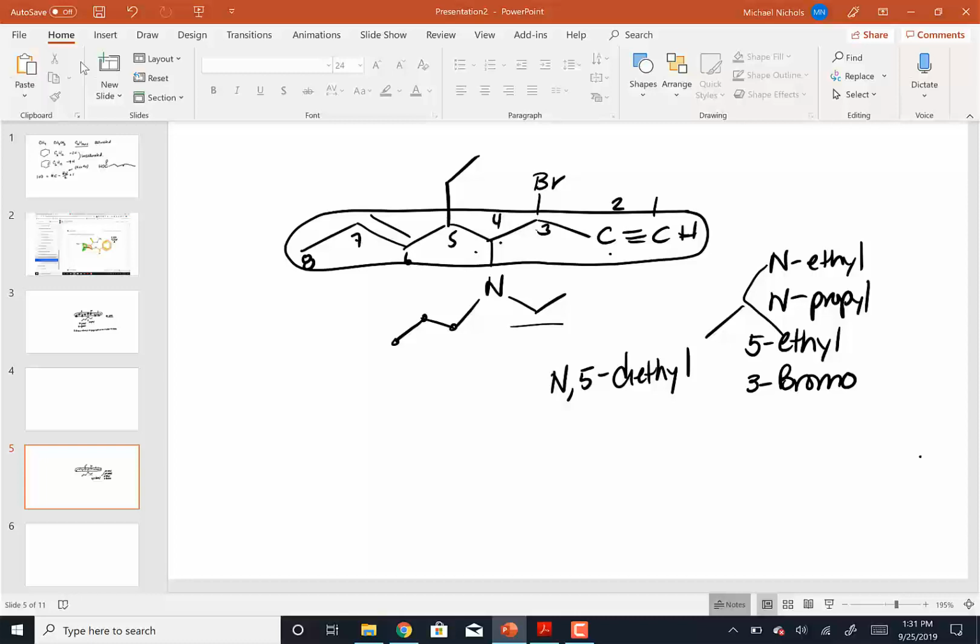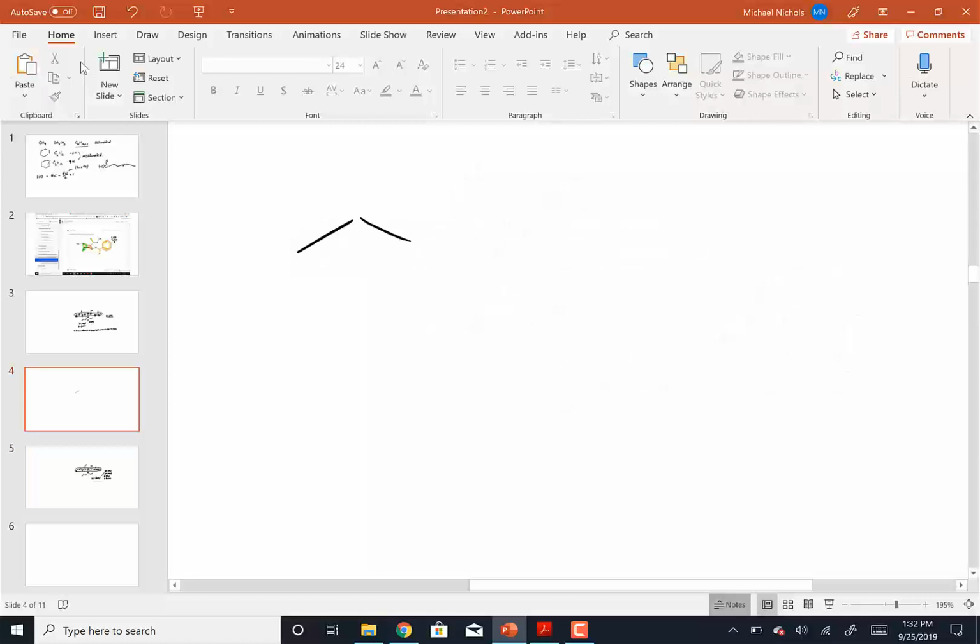We can try another one. Let's deal with one issue here with amines. What if they have something higher than themselves in the chain? How would you handle that? So, what if we had this? I'll put an aldehyde at the end. And then I'll put